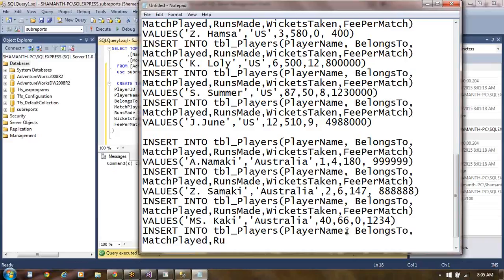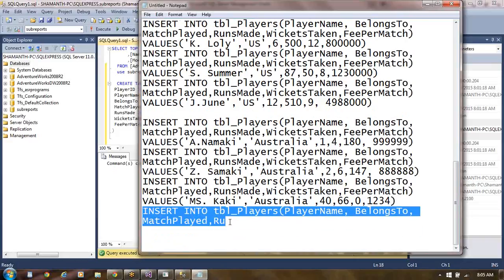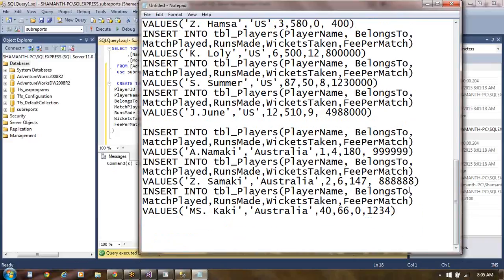Okay. One more set of data we need to send. This is the data we require. So last line, I delete this here.